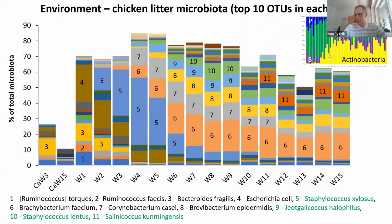Now, in my introductory slides, I mentioned that you can use DNA sequencing for nearly any characterization of any microbial population. So it needn't be cecal or gut microbiota only. And we are expanding our interest a little bit at the moment, and we started to be interested in litter microbiota, the litter of chickens. We have performed a single experiment, a single monitoring study up till now,